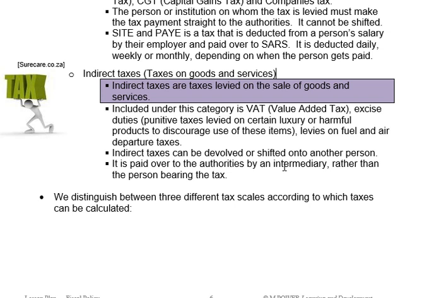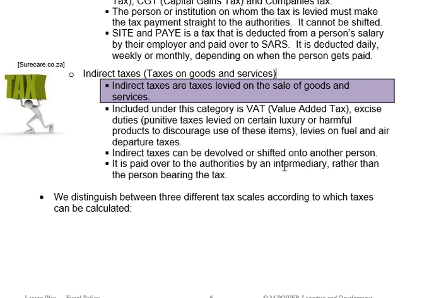Okay, but once again, we don't go from Pick n Pay to SARS and say, listen, I just bought stuff at Pick n Pay, here's my VAT. We pay the VAT to Pick n Pay. Pick n Pay is the intermediary. They will collect all the VAT from the consumers and they will take the VAT and pay it over to SARS. But again, it's not Pick n Pay paying the tax. We as consumers pay the tax to Pick n Pay. Pick n Pay is just the collecting agency. They collect the tax and they pay it over to SARS. It is the consumer that actually physically has to pay the tax.